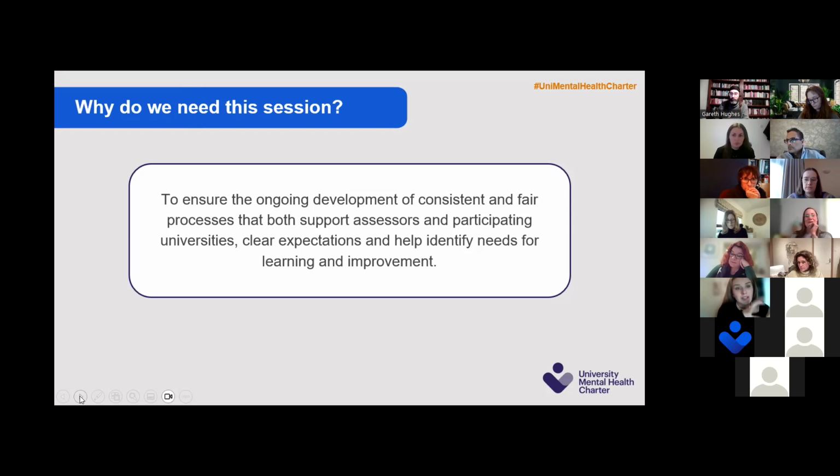So part of today's session, and part of the session in November in particular, was thinking about what the ongoing learning needs or areas for development or improvement are that we can make to how we operate and how we support you all. And how do we continue to create spaces like today where we can come together, we can discuss key topics, we can really unpick some of the issues and help us all understand or see things differently.